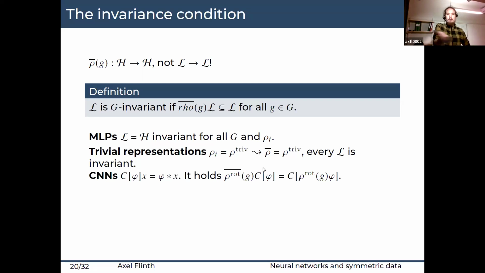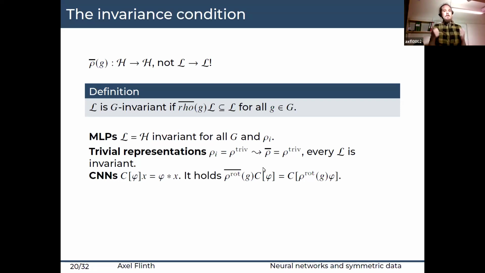So let's write the convolution operator with a filter phi. Let's denote that as C phi. Then we can show that if we look at the rotation action by 90 degrees in a pixelized image, then applying the rotation transformation to my convolutional operator exactly corresponds to rotating the filter. So one shows that if I look at the space L of all convolutional operators, I will stay there when I apply my rotation.